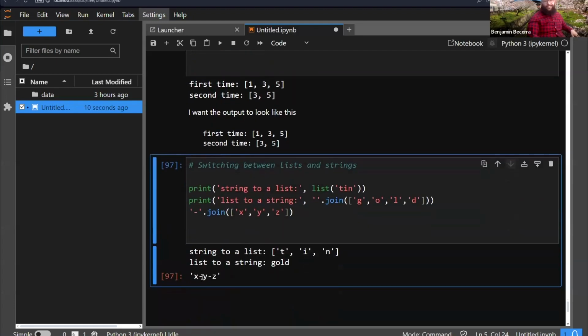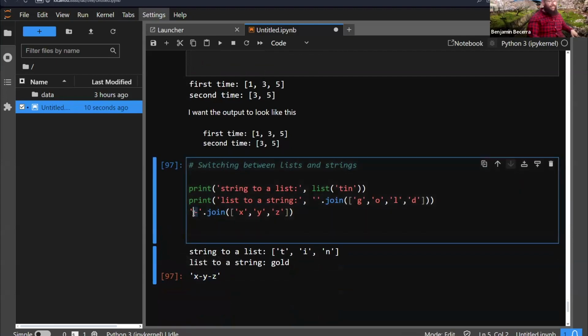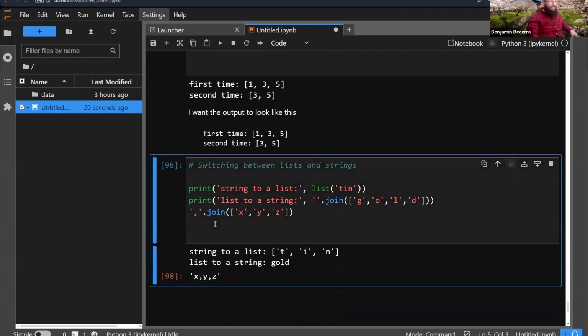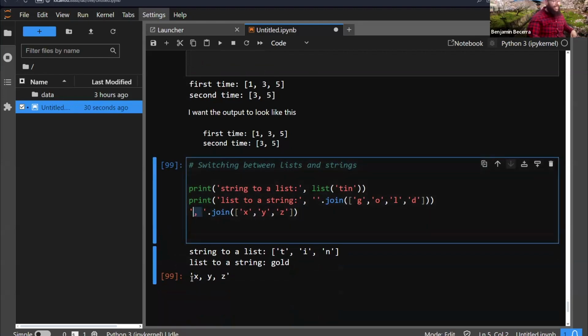Oh, look at that. What did we just do? It's a string, but now it's separated by a dash. Hey, what if I want it to be comma separated? Put a comma. Oh, look at that. What if I wanted it to be comma and a space? Wow, look at that. So you can play with this so that you can change your strings in a way